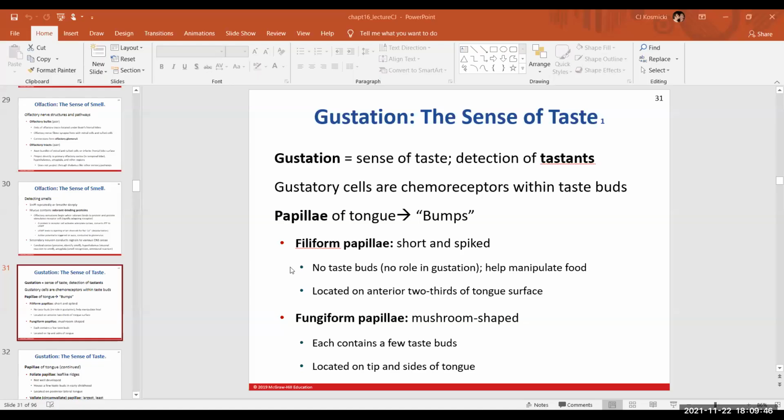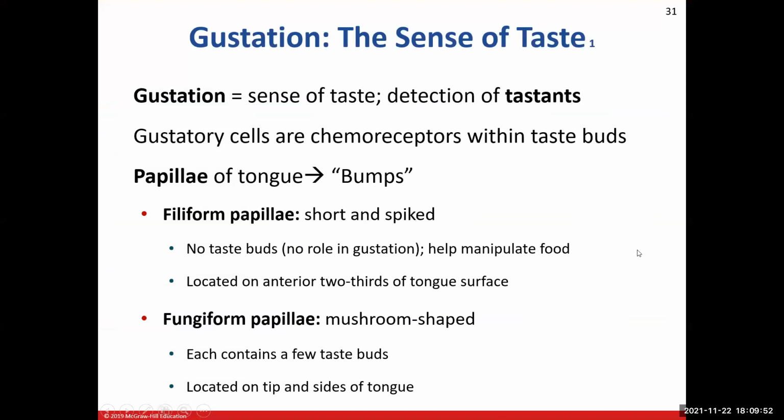All right. Sense of taste, gustation. So if you kind of understand, or if you do understand smell, then gustation is very similar, except we're just going to be dealing with the mouth instead of the nose here. All right, as we saw when we were talking about the molecules that will stimulate the chemoreceptors there in the nose, we call those odorants.